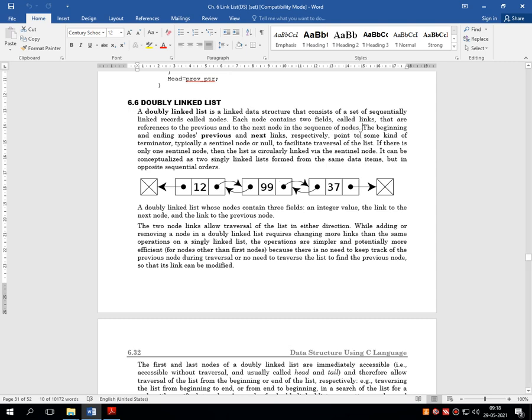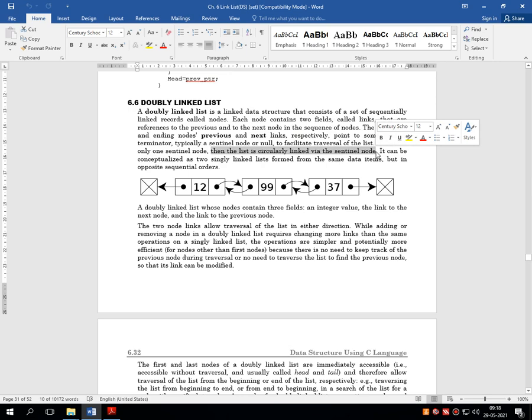The beginning and end nodes' previous and next links, respectively, point to some kind of terminator, typically null, to facilitate the traversal of the list. If there is only one node, then the list is a circular linked list via the essential node.